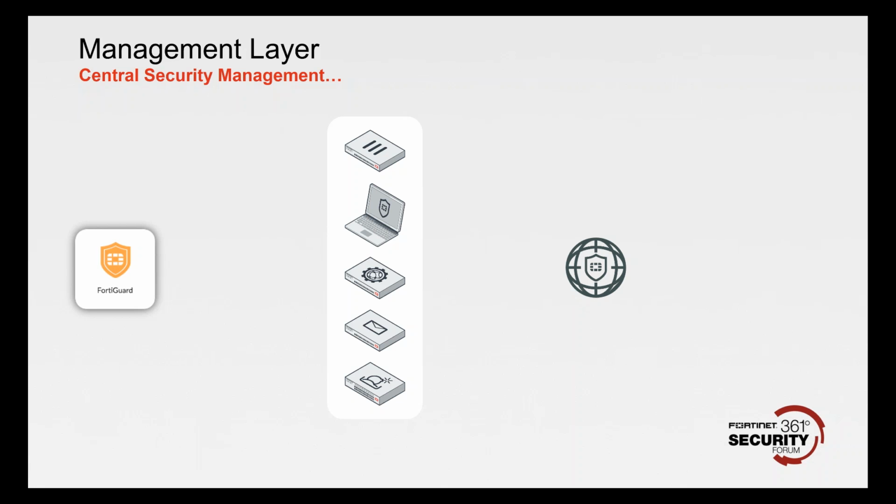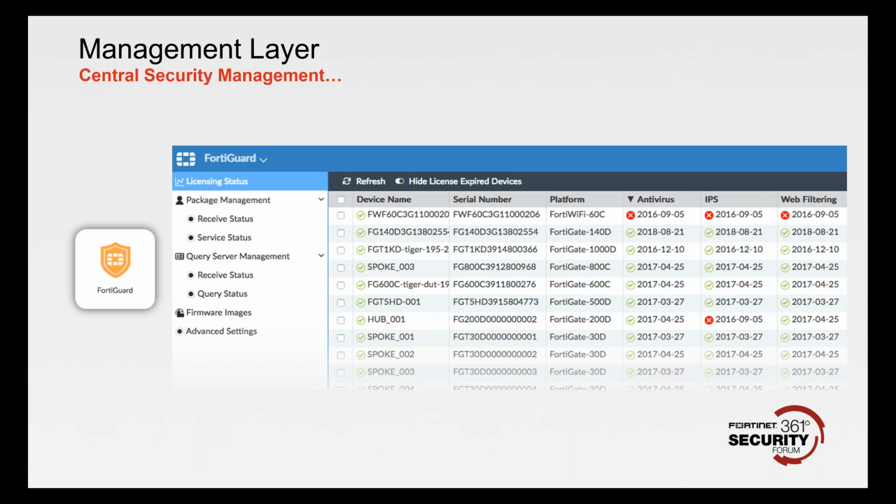So you can configure it so it automatically sends the initial signatures out to all the devices to protect them, but it also allows you, when the updates come through, to manage that deployment out to the individual FortiGate units as well. So FortiManager allows you to control what versions are out there, and also to go in and interrogate that. Is the unit up to date? Has it been connected? What's the current antivirus version on there? When was it last updated, etc.